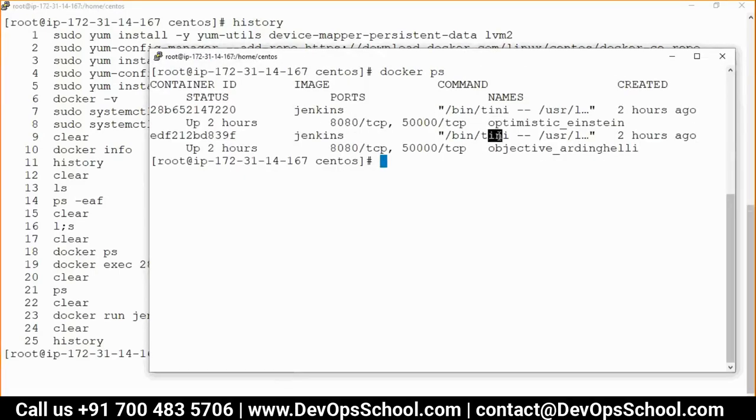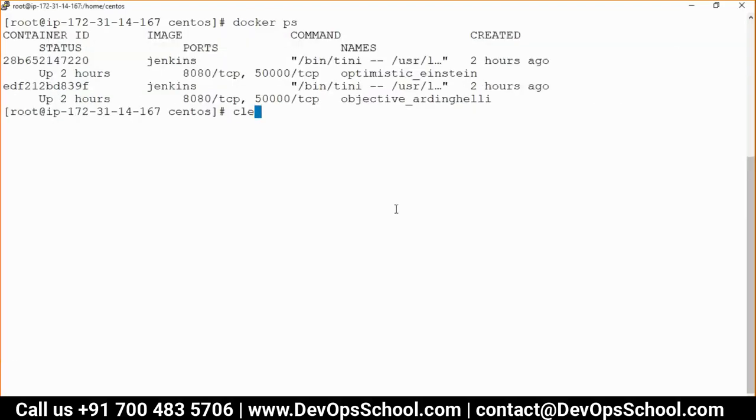See here, built-in. What is this? It's a PID 1. Okay. But if you are running independently, we are not seeing this built-in. But if you are using the run command, it is attaching with this command. That's what you meant to say? No. I am saying, understand this. Again, I'm repeating.